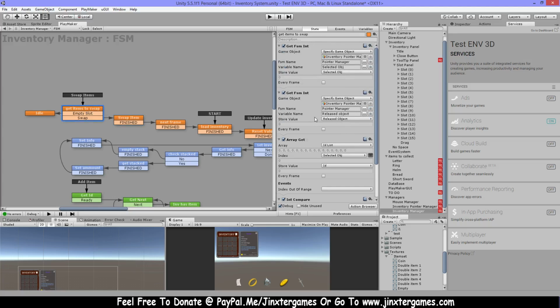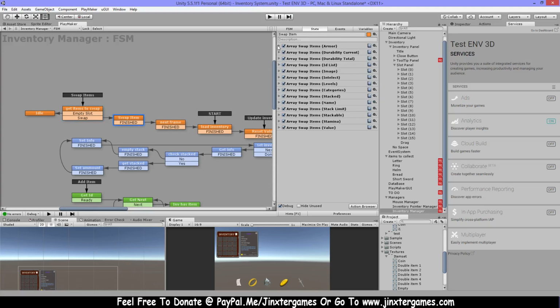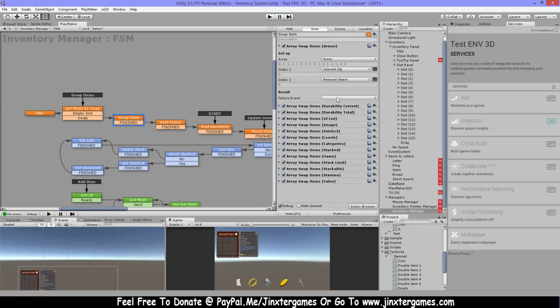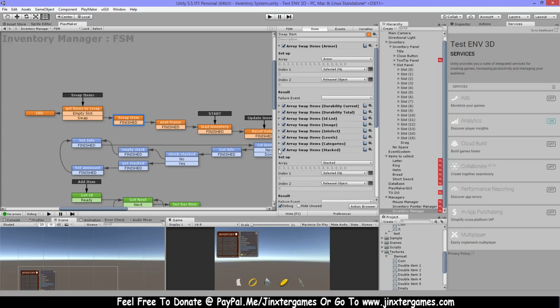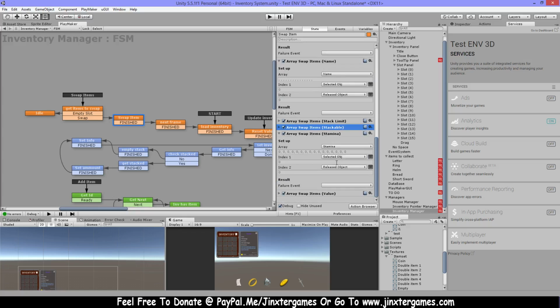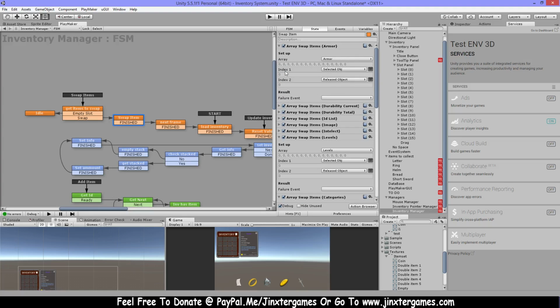So here we got this selected object and the released object. What we have here is all the stats that we need, and we use this array swap items. This is also a custom action, I think. I'm just doing this array from armor, and then index 1 is going to be the selected object, index 2 is going to be the released object, and I'm doing this for all the info that I need. They are all the same, just for each array. So also the durability current and stuff, you have to do this for everything, so it's all going to change